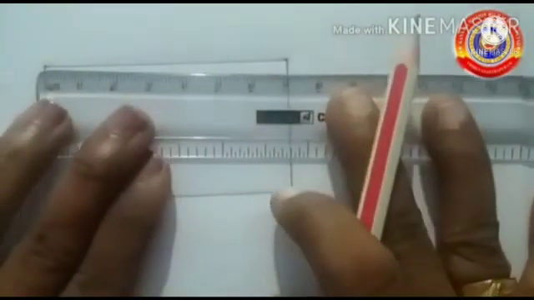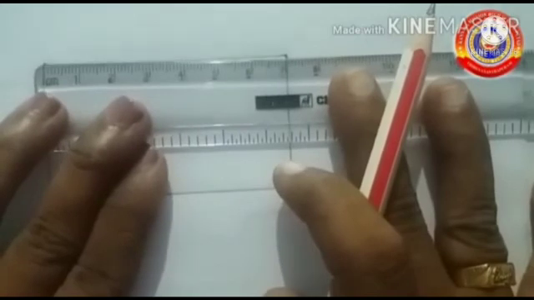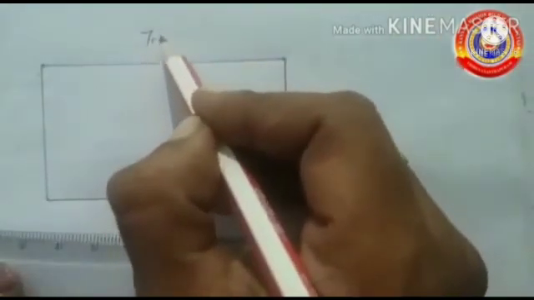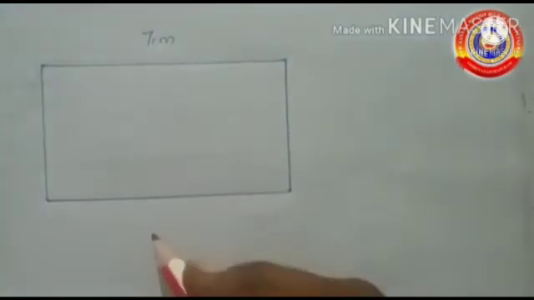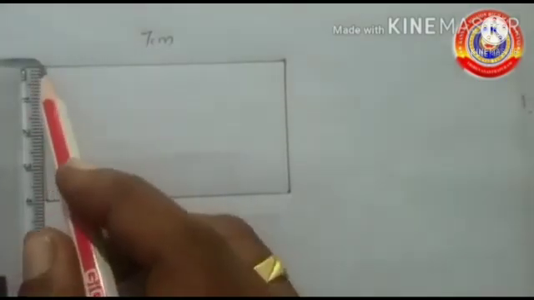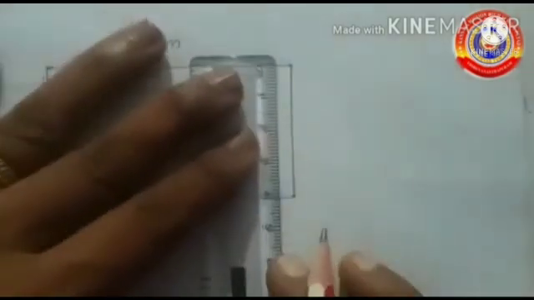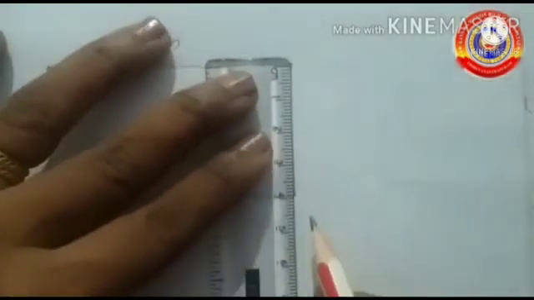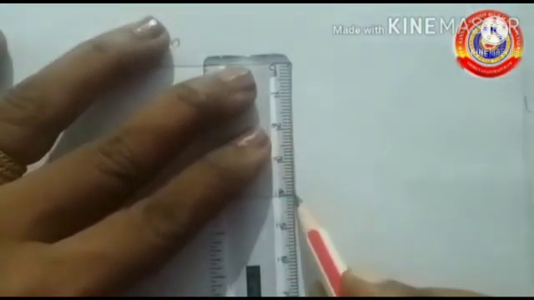What's the name of this quadrilateral? Yes, rectangle. Let's measure its length. Yes, 7 cm. Its opposite side is also 7 cm. Then let's check the left upright line, or breadth, of this rectangle. Yes, 4 cm. So, the length of the right upright side, or its opposite side, is also 4 cm.